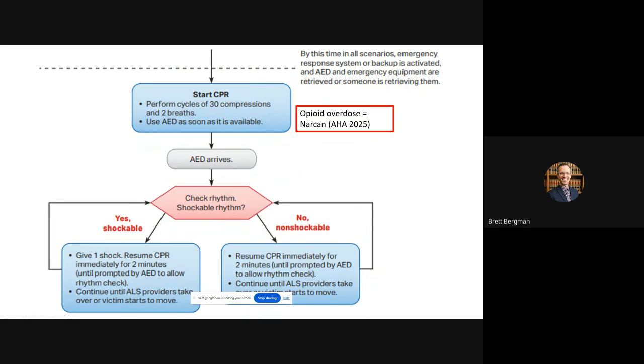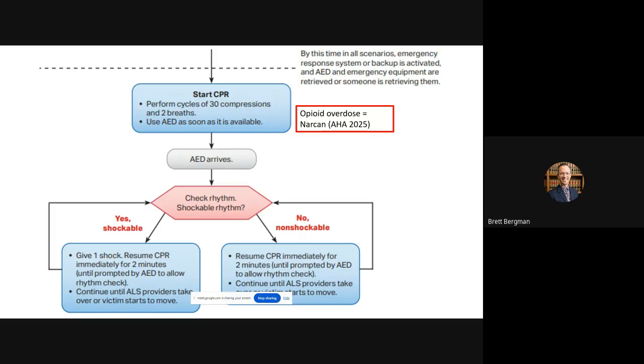What the American Heart Association added in 2025 is that within that first part of starting CPR, they talk about seeing if this patient has signs of opioid overdose. So namely that they have pinpoint pupils and administering Narcan. So it's really part of a push as a lot of state laws have changed. Narcan's now over the counter. You can get it without a prescription. There's a lot of things that are evolving in this space, as well as some of the opioid epidemic problems.